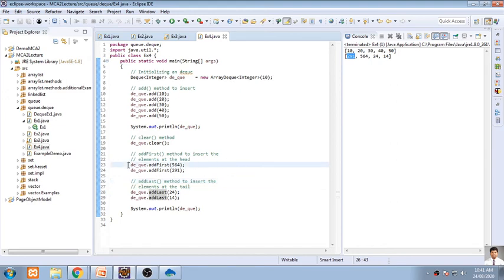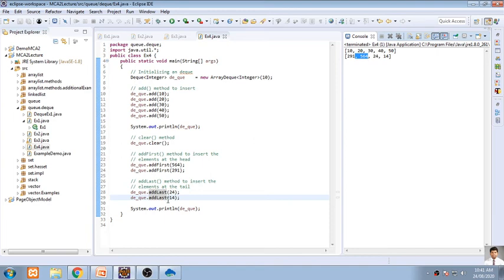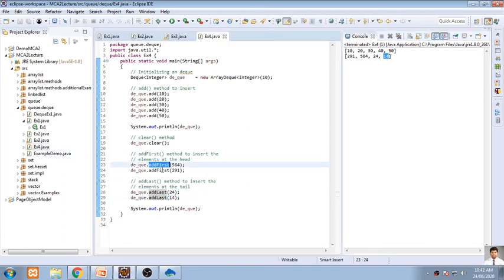This is a thing that needs to be understood. This is an interview question. If you are using addFirst and addLast multiple times, is there an error being generated or thrown by this program? No. It will be adding those elements at the first position of the queue, or it will be adding the element at the last position. So here we'll get an output like 291, then 564, and as it is added at the last, 14 is displayed at the last position. Okay, are you getting it? So multiple times addFirst and addLast.